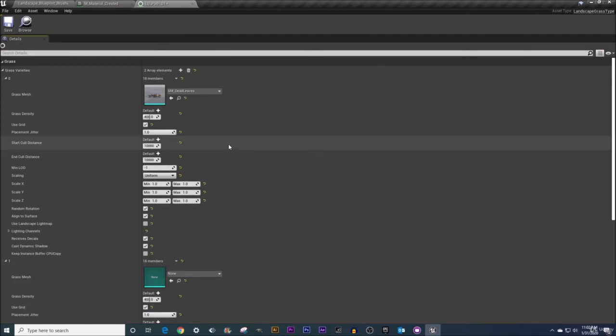Okay, and for some of our other settings here, I've got the grass density. I want to set this to be 15. I am not going to use the grid here. We will leave the cull distances alone for now. Let's see, scaling, let's do locking of the X and Y. So as the tooltip tells you, the X and Y will be the same random scale, but the Z will